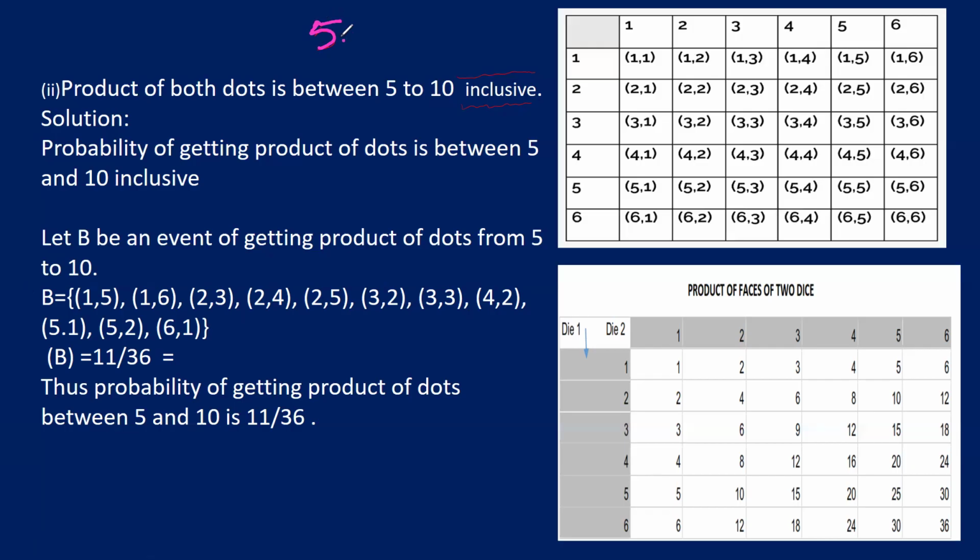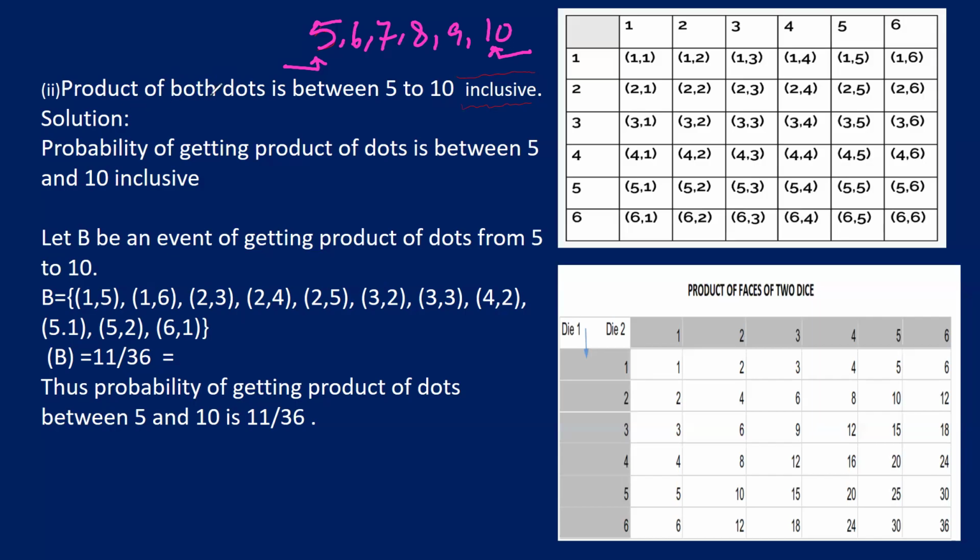So 5, 6, 7, 8, 9, and 10. Normally, between means that we want to count the numbers in between 5 and 10. 5 and 10 will not be included. So if you want to count the numbers including the endpoints 5 and 10, then the word should be